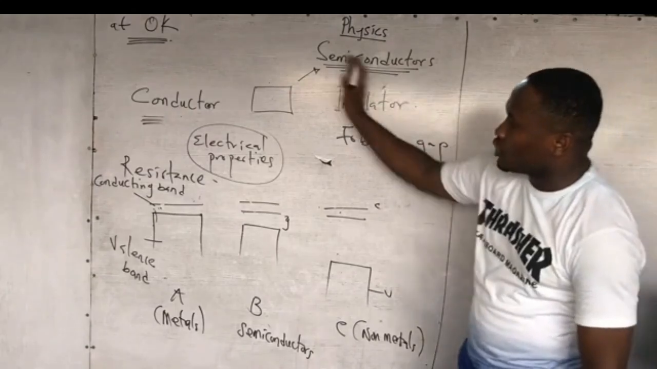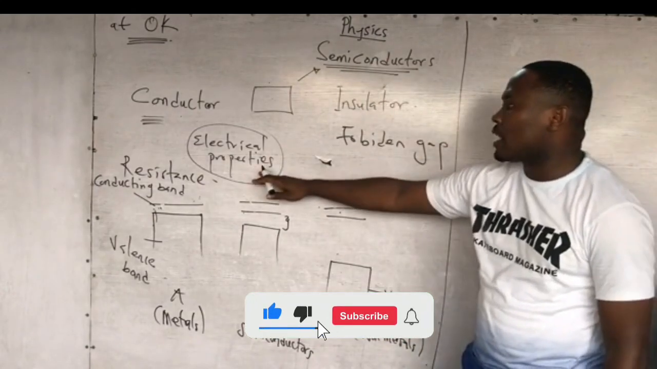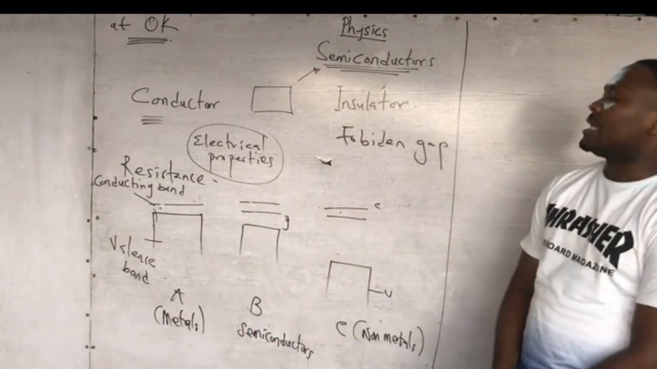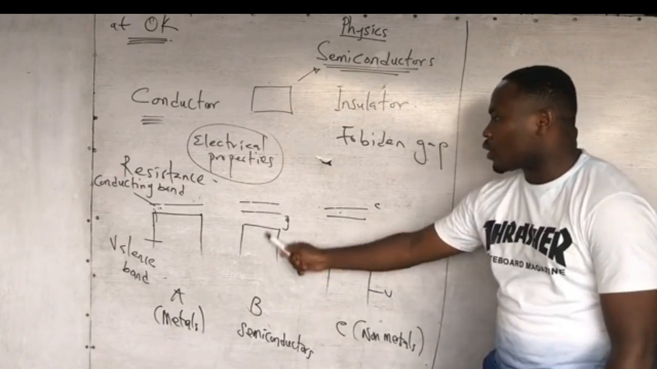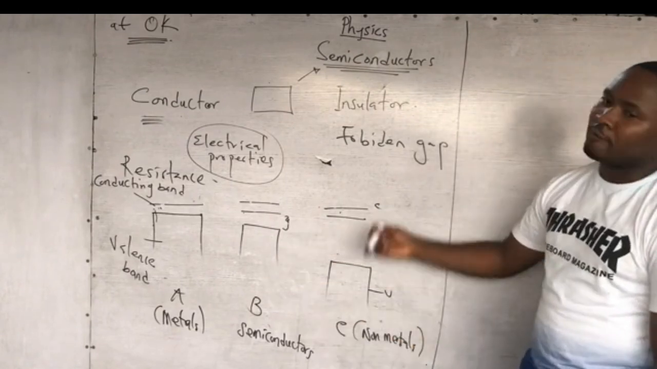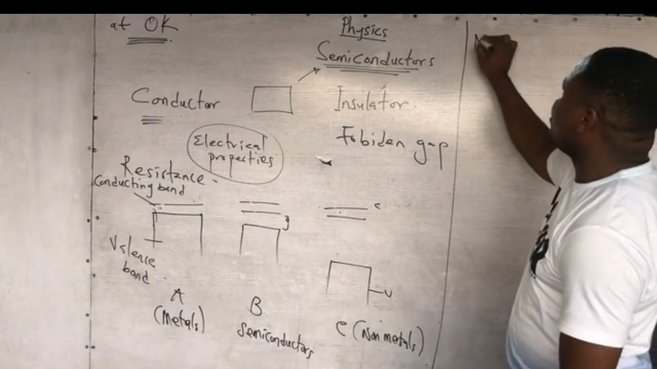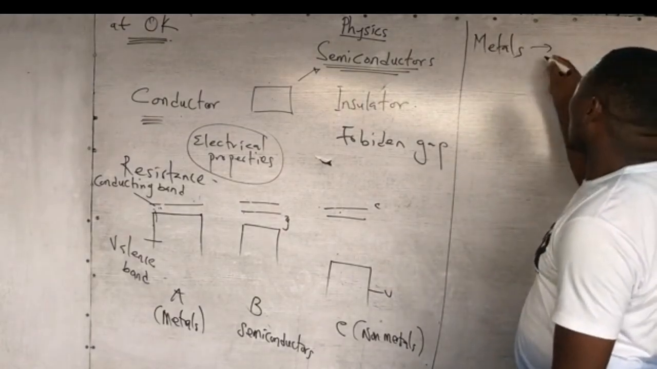Now, I hope you understood all of this. So I have defined a semiconductor in terms of electrical properties, and I've defined it in terms of forbidden energy gap. The gap between the valence band and the conducting band is called the forbidden energy gap. Now, if you come to metals, which we can say conductors,